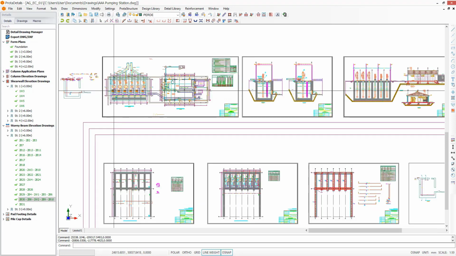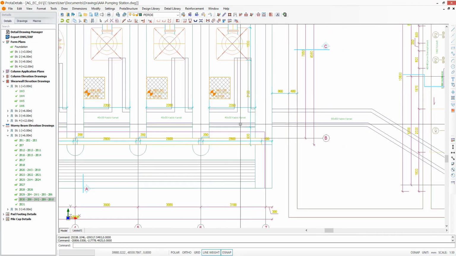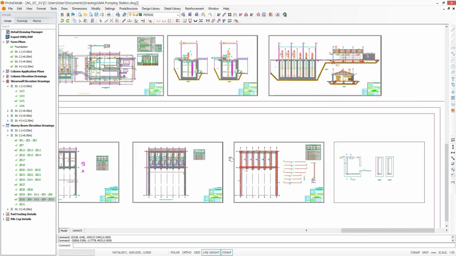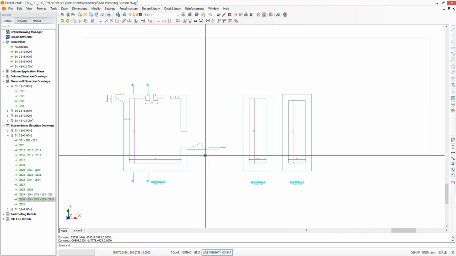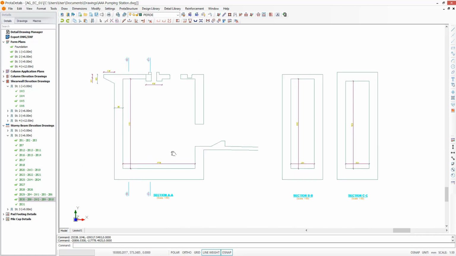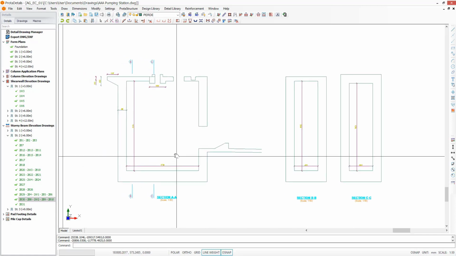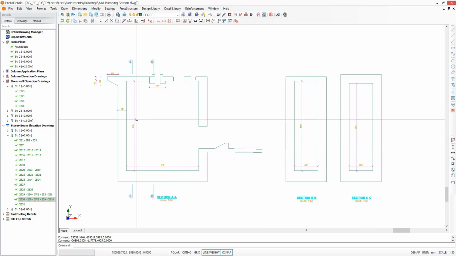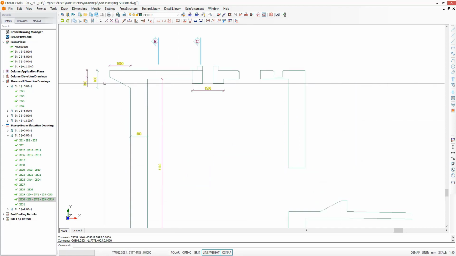This is all made in ProtaDetails. What I would like to do is detail this pumping chamber here with custom rebar detailing commands. We have a copy of longitudinal and transverse sections of a single block here,